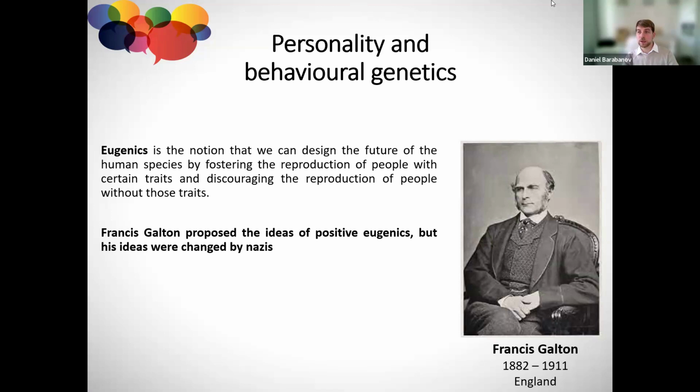Of course, it led to a lot of atrocities, and we know about all the Nazis' crimes. Dozens of millions of people died during World War II and before that in concentration camps and as a result of military actions started by Nazi Germany. So it's one of the most drastic examples of how presumably genetic findings resulted in a very wrong political agenda.